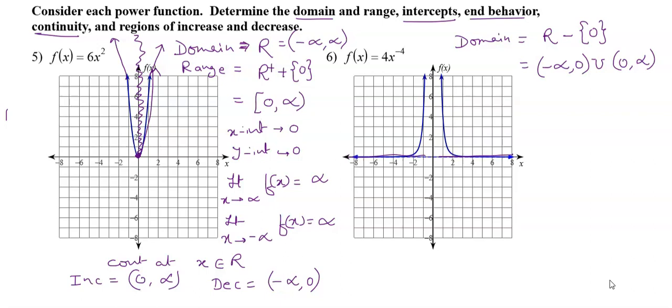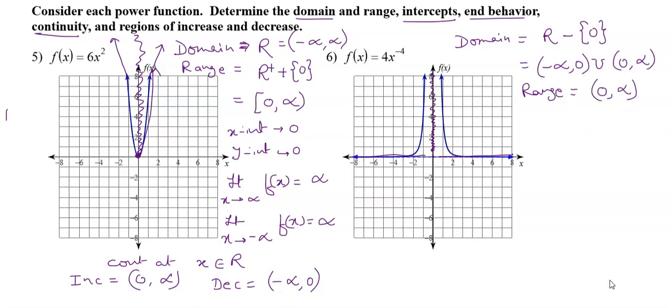Now how to write the range? When I look at the range, I look at the y values the graph is covering. So basically, it is covering all the positive y values, but not at 0. It is not covering y at 0 because the graph is not at all touching the x-axis. Because it is not touching the x-axis, the y value 0 is never being touched. So the range is all the values greater than 0 up to infinity.